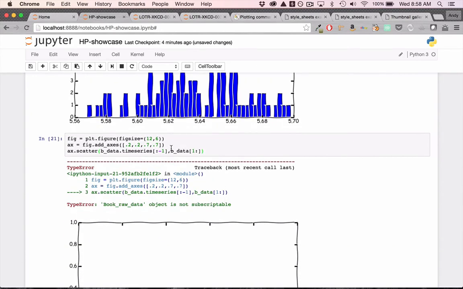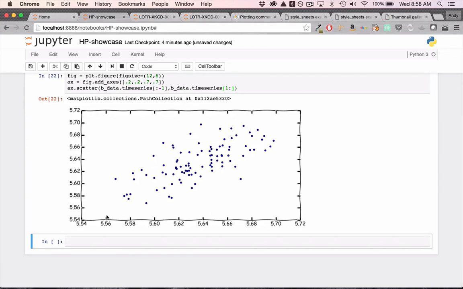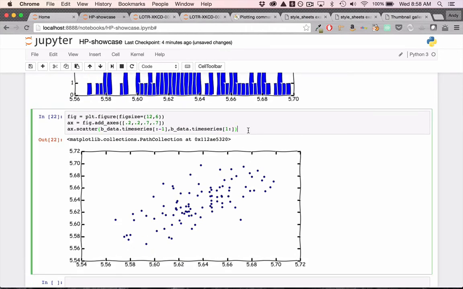Oops. So we're going to need the time series, right? And we can see that generally there is some autocorrelation in this time series. If you want to go ahead and fit a trend line, you'd need to use Matplotlib by default. This is some of the things that ggplot and some of the other Matplotlib wrappers will provide. But you could go ahead and fit that line using a Numpy linear regression, and then plot that